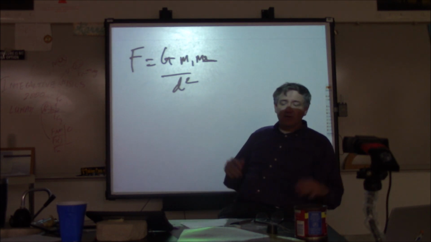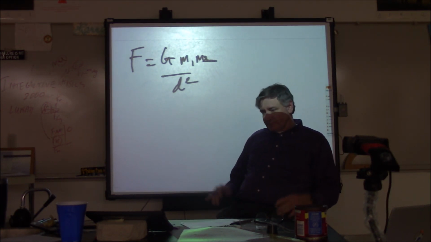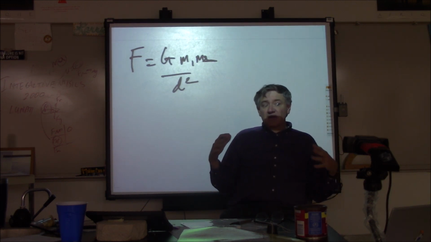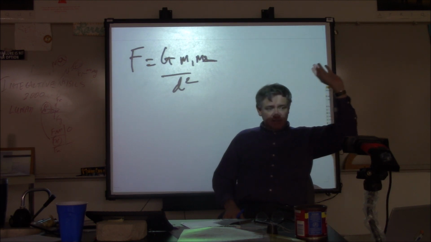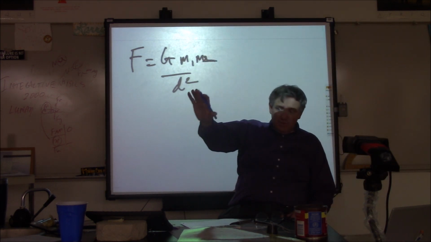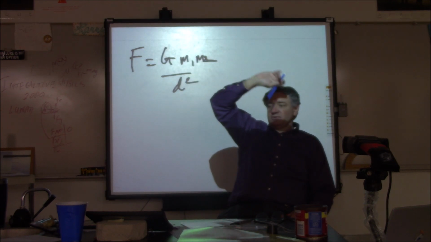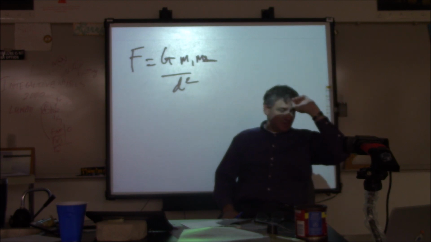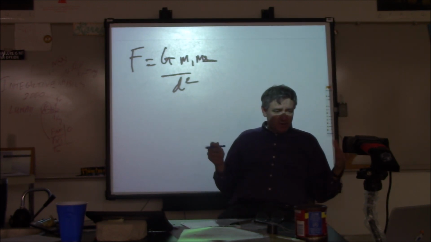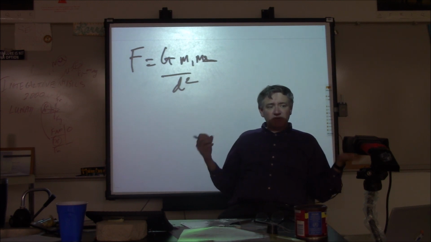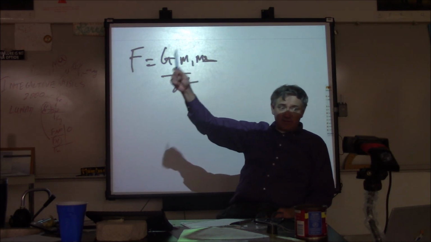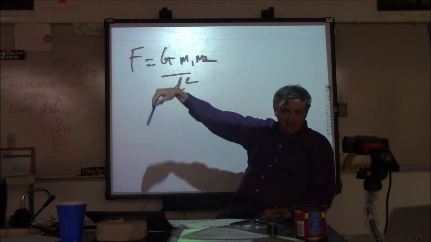That's it. So what this means cosmologically is that you are obviously gravitationally attracted to this big rock that we're on. You are also gravitationally attracted to the sun, to the moon, to Jupiter, to Saturn, to the Andromeda galaxy, to the most distant star in the most distant galaxy on the other side of the universe. So you are gravitationally attracted to everything else that exists in the universe. But because it's d squared, as that distance gets greater and greater and greater, that force functionally basically goes to